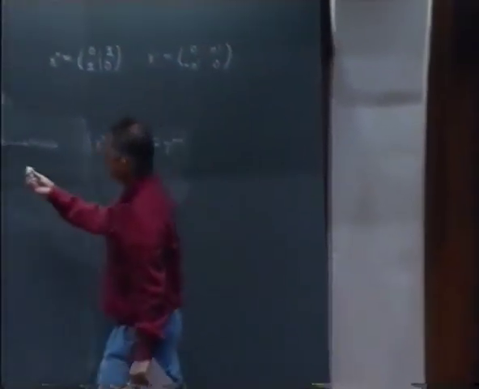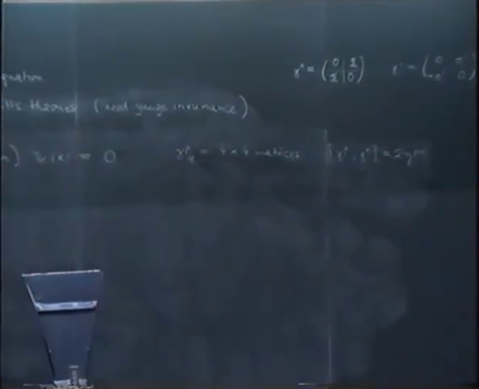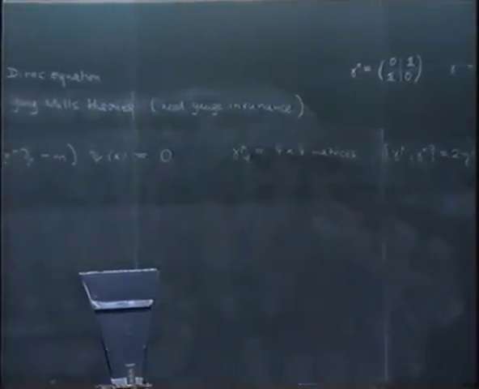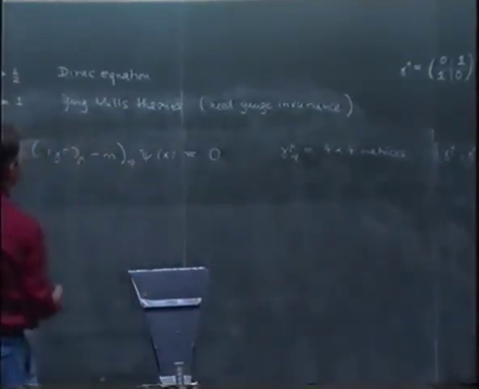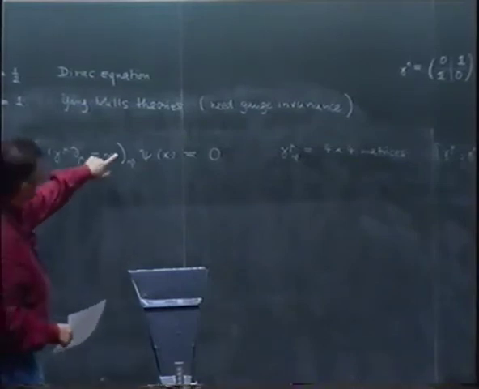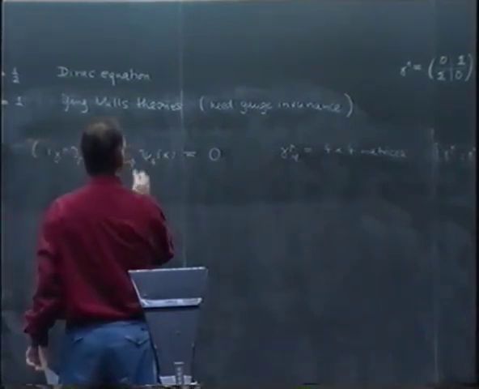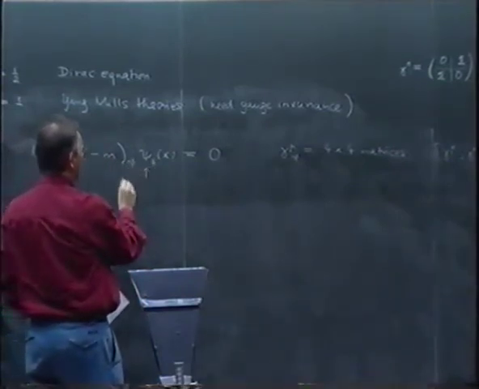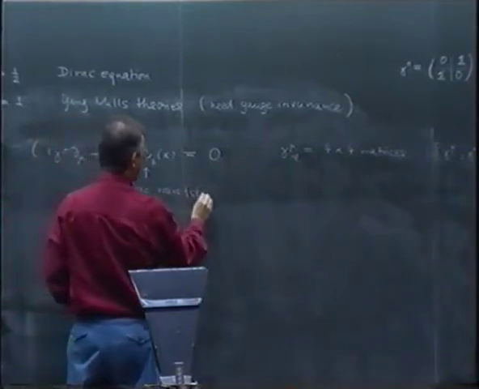So that means that these matrices have matrix indices, alpha, beta, running from 1 to 4, which I will not write out anymore, but well, I'll write them out once just to make clear what I'm talking about. So this thing is a 4x4 matrix, but at the same time a differential operator. So here you should think of the unit matrix in this four-dimensional space, and this acts on this object psi of x. So this is the Dirac wave function having 4 components.